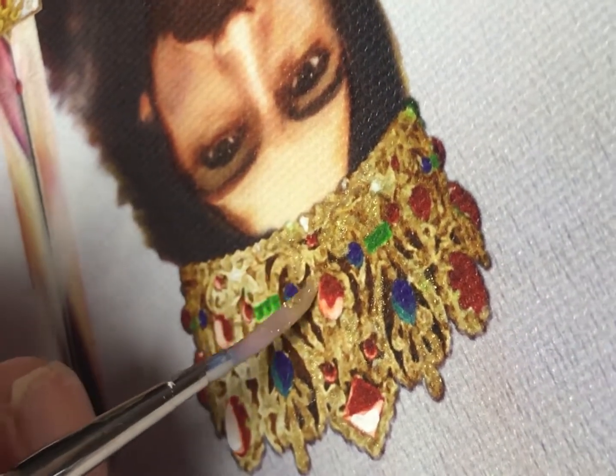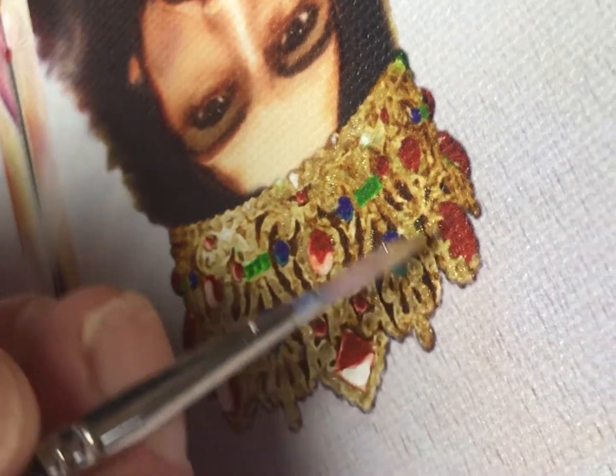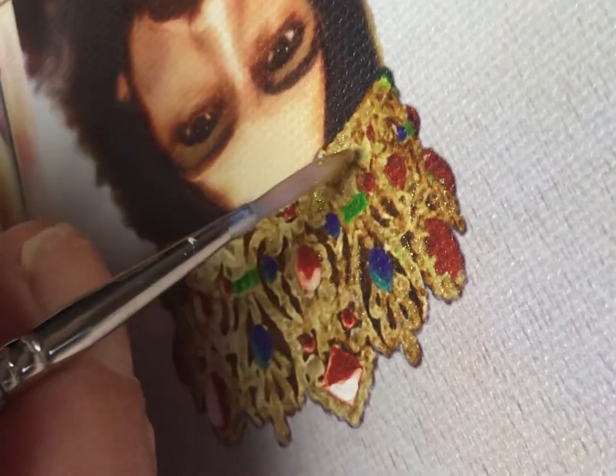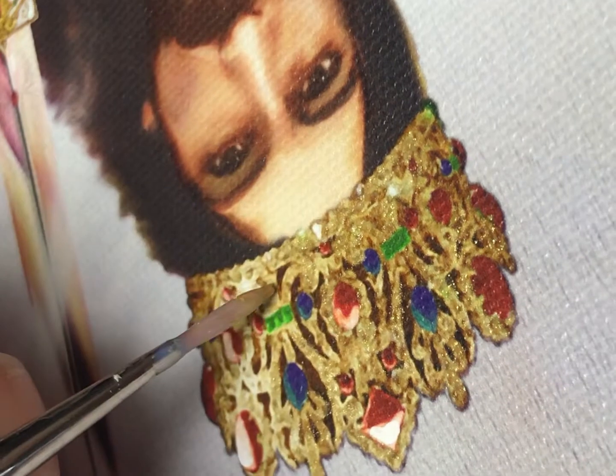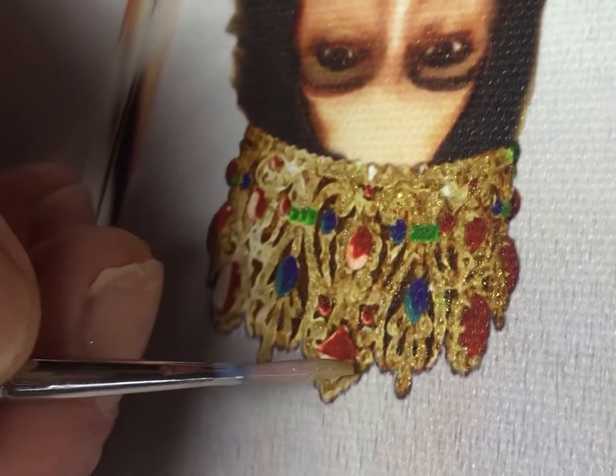Sometimes you have to go back over it a couple of times. The gold flakes don't really lay on that thick, and you don't want them to. You want some of the ink to come through underneath, so you have this natural embellishment. Again, don't overwhelm the painting, enhance it. Still just painting along here. Probably could have made this a little shorter, but